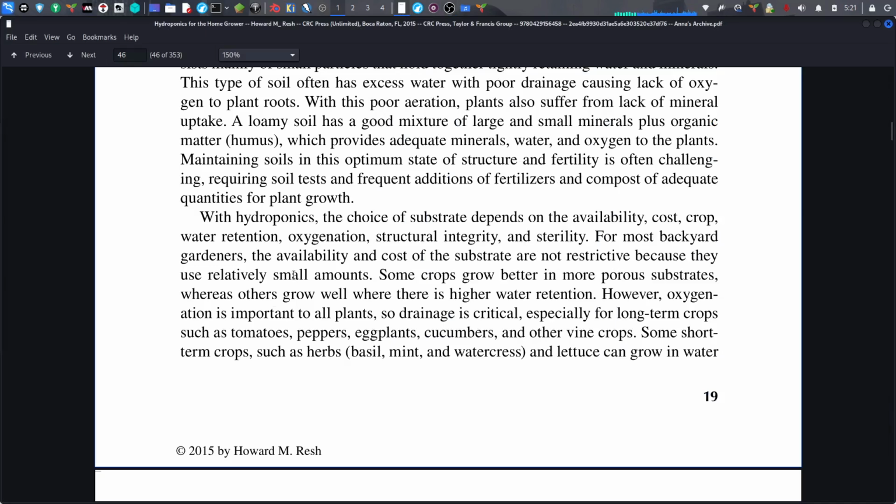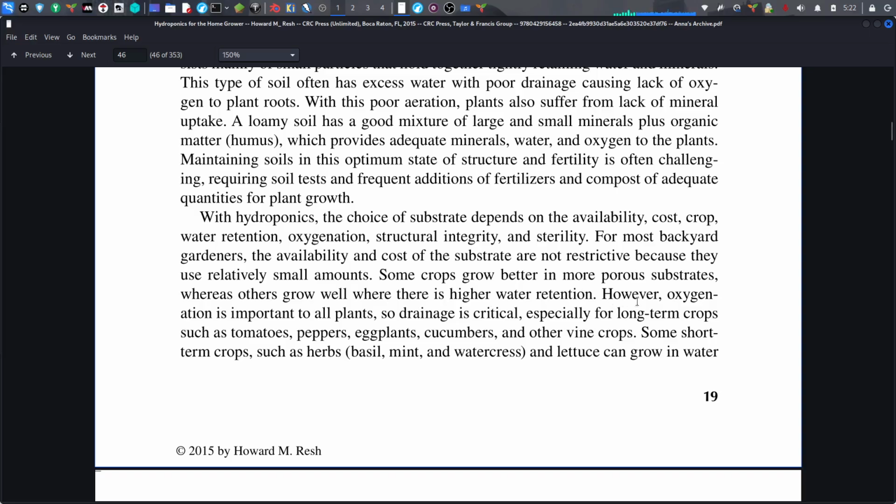Okay, with hydroponics, the choice of substrate depends on the availability, cost, crop, water retention, oxidation, structural integrity, and sterility. For most backyard gardeners, the availability and cost of the substrate are not restrictive because they use relatively small amounts. Some crops grow better in more porous substrates, whereas others grow well where there is higher water retention. However, oxidation is important to all plants, so drainage is critical